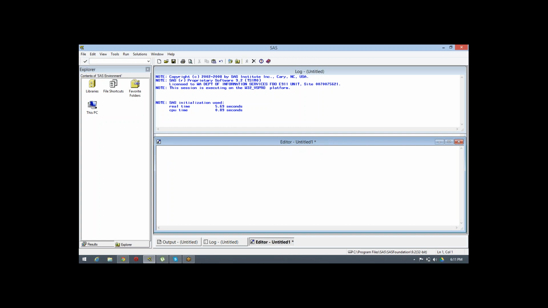Then today we'll talk about _null_. The concept of _null_ is: whenever we want to check something, and we don't want to create a data set, we only need to check whether the query we have executed worked properly, before we make it a data set.